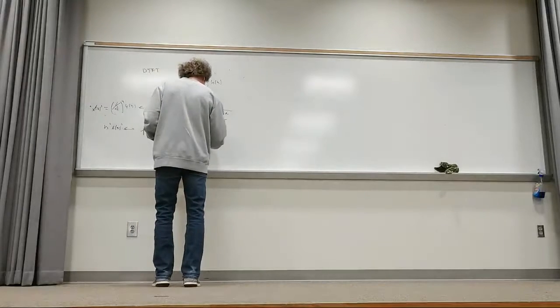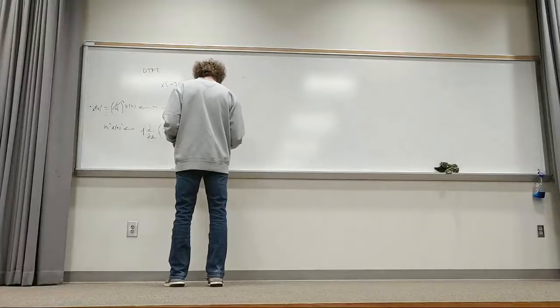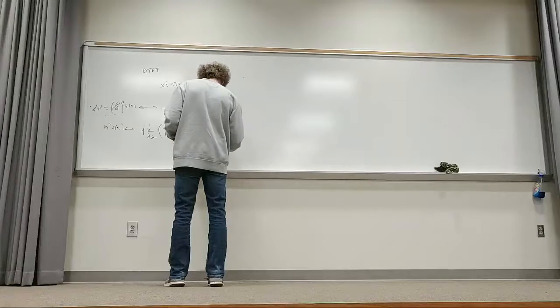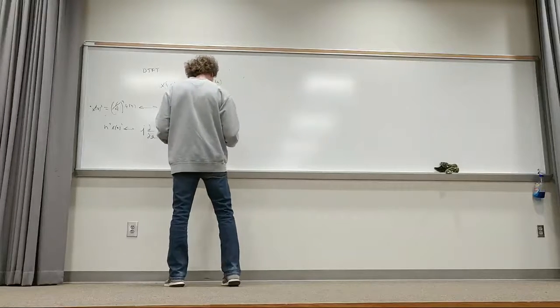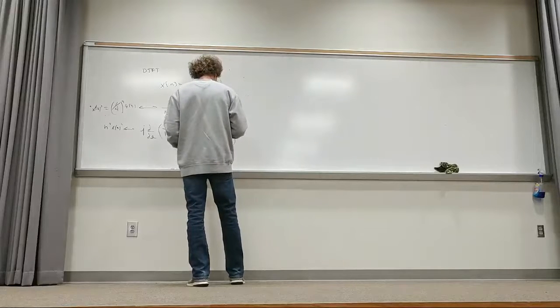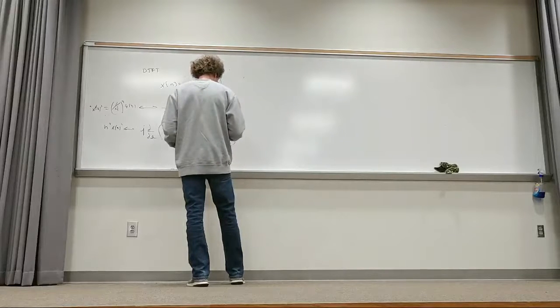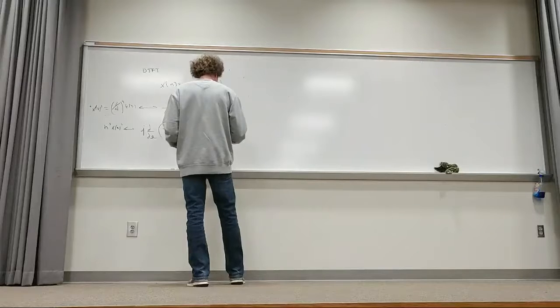And that brings me to j, and then I have 1 over 1 minus e to the minus j omega over 4 squared. There's a minus sign here, and I have to take a derivative of that with respect to omega, so I get another minus